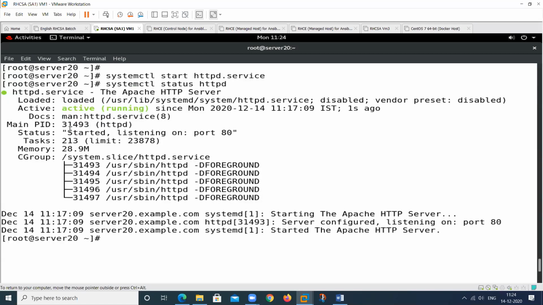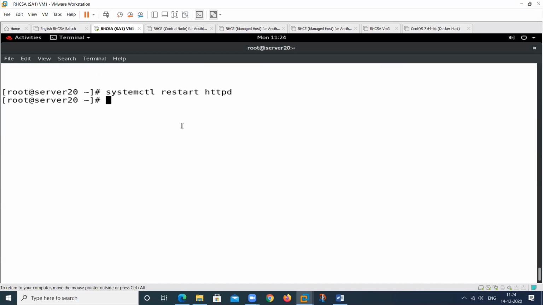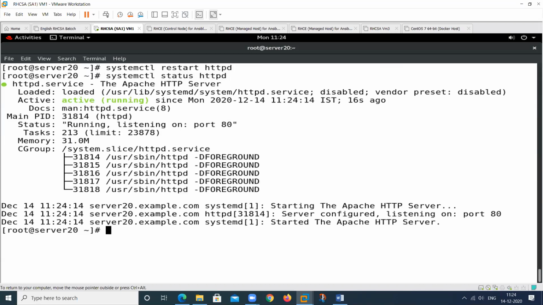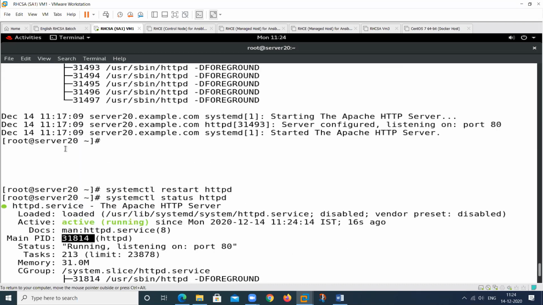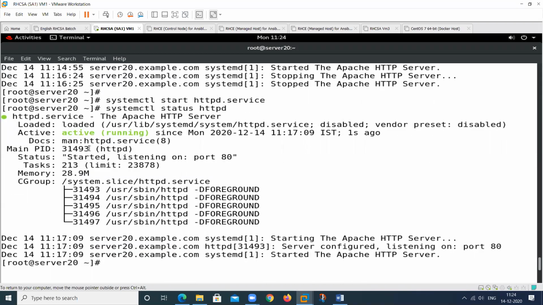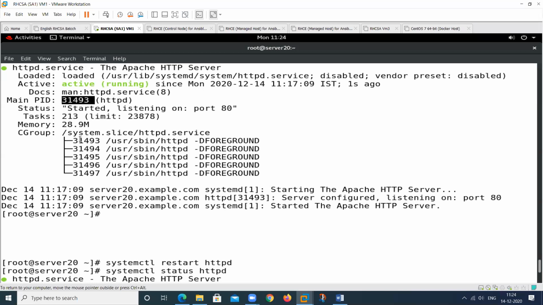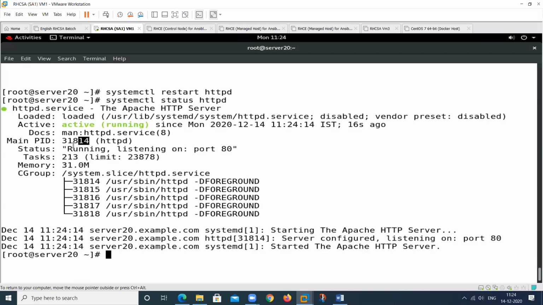See here, at this time the process ID of this particular HTTP is 31493. Check again. Your process ID will be changed. That is 31814. See, 31493 was the earlier one, and now it is 14. All processes will be changed.